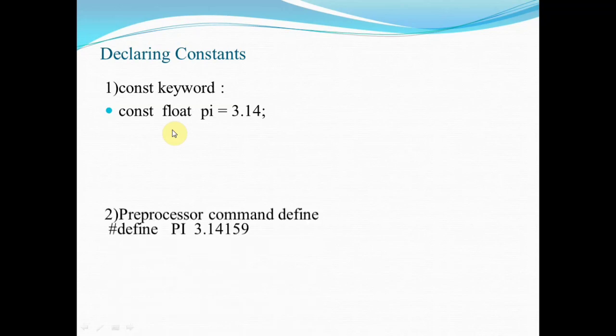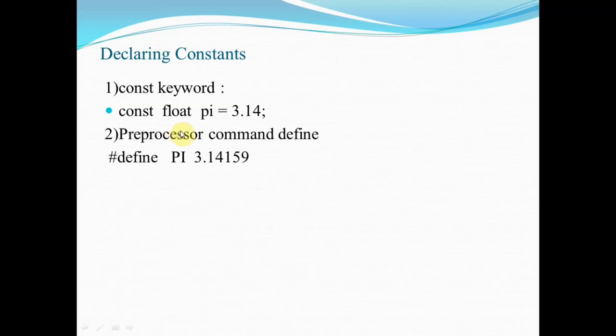So this is all about the different constants in C. Now again an important part: how to declare constants in C. There are two different ways to declare constants. First is using the const keyword, and this is the syntax for defining a constant using const: const float pi = 3.14. So this is one way by which you can declare a constant. Or second is by using the preprocessor command define, that means #define, then pi, that means whatever constant you want to declare, and then the value of the constant.